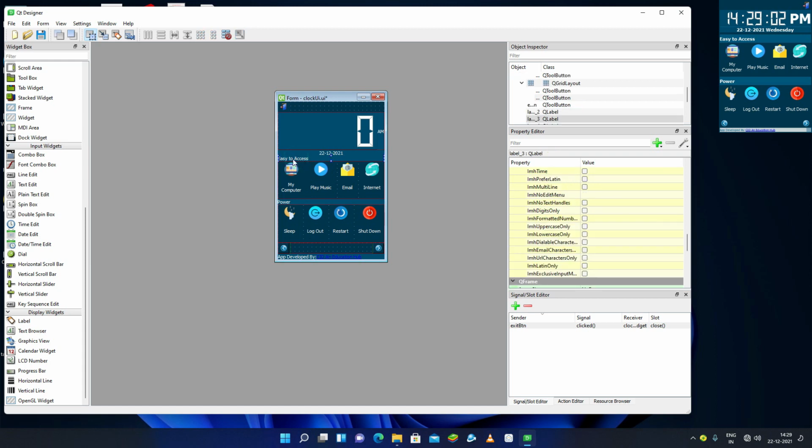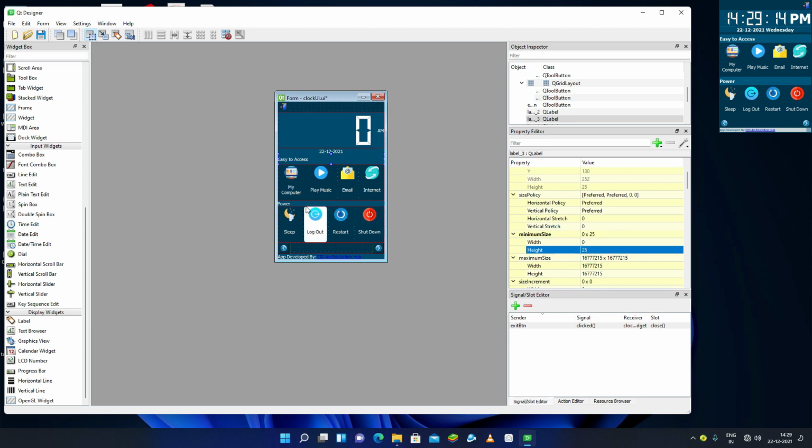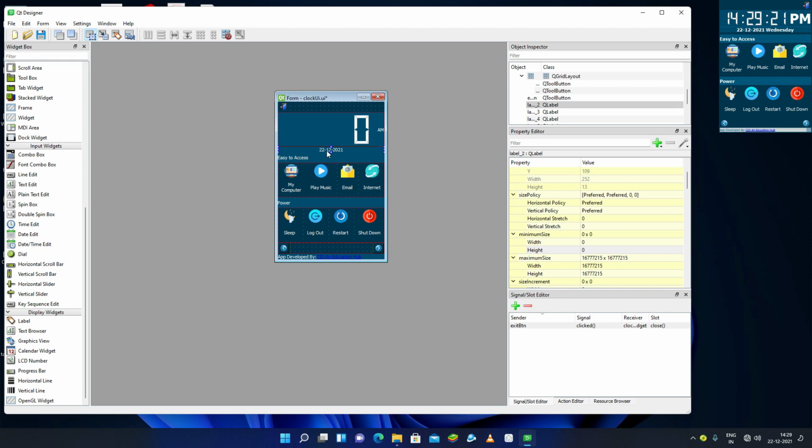You can change the size of the easy to access. Come here into the easy to access, and I can pass the minimum size as 25, and the minimum size for power is also 25. So this is now here, and as you can see, this must be in some other space.